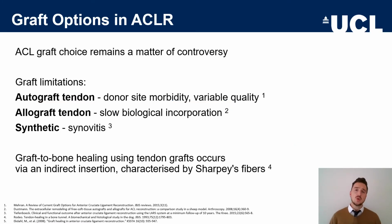So the background to this talk is that there is no perfect ACL graft at present, and the ACL graft choice remains a matter of controversy. This is because the existing grafts each have their own limitations. For instance, autografts are associated with donor site morbidity, allografts are associated with slower biological incorporation, and synthetic grafts have